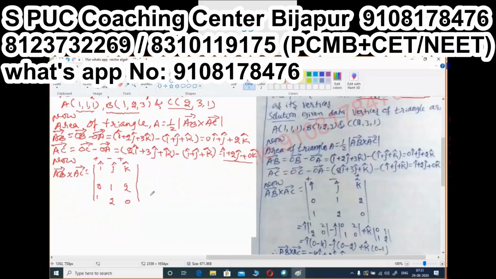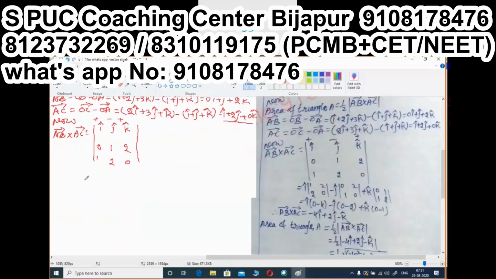Next what you have to do here, just expand that determinant and tell me what you are going to get. You leave this complete column and complete row, and write the remaining terms. Complete column, see here how you are going to ignore. Leave the full column and full row, and write the remaining elements here. That is 1 2 2 0. Okay, minus J cap of.